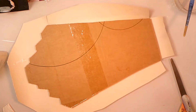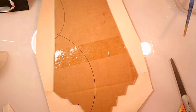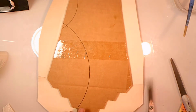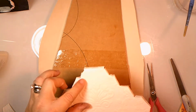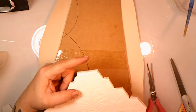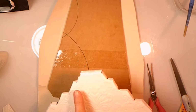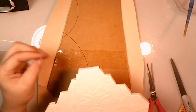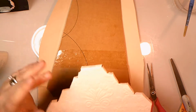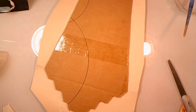So continue to cut these pieces. Now if I was to do this all over again, this top part right here, I might make a little bit longer so that when you hang a pair of a necklace and everything, you could almost hang your bracelet here. So I would probably make that just a tad bit longer on the top if I was to do it over. But I'm not doing it over. I cut 8 of these yesterday, and I'm showing you on the 8th one. I cut 9 of them. I'm showing you on the 8th one what I did for